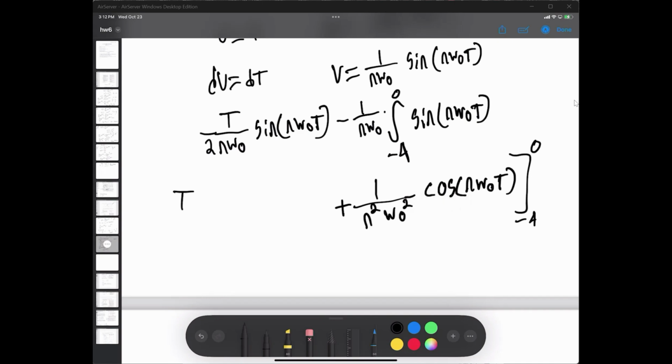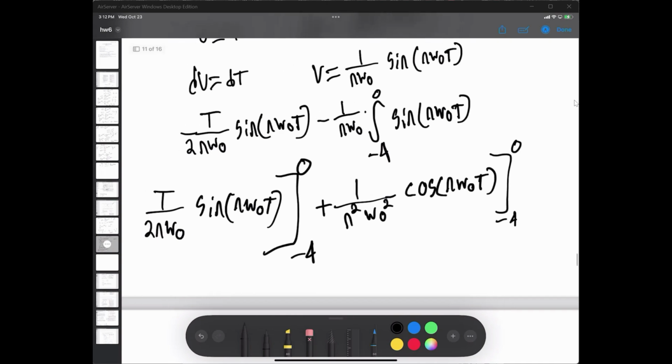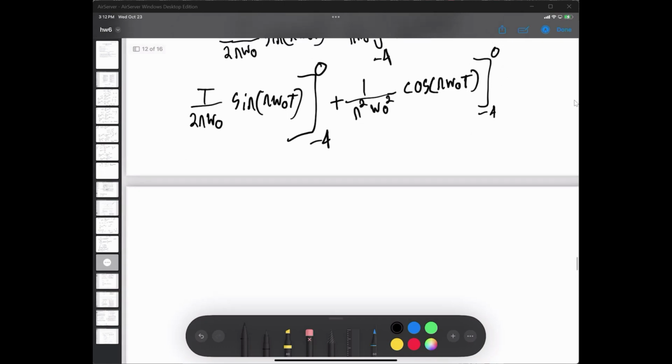We'll rewrite it as follows. Okay. So let's evaluate this. On the left side for the first one, we know 0 will make everything go away, so let's focus on -4. When we subtract the lower portion, it'll make a negative, and that -4 will cancel out with that. So we'll get a positive 2 over n omega naught